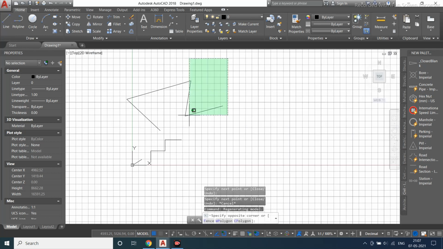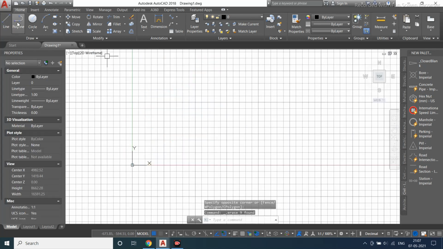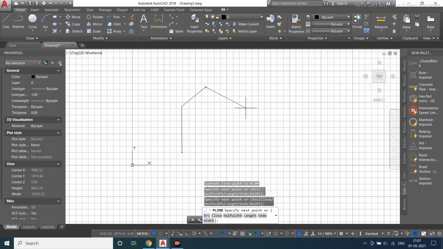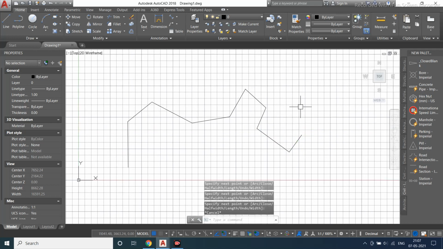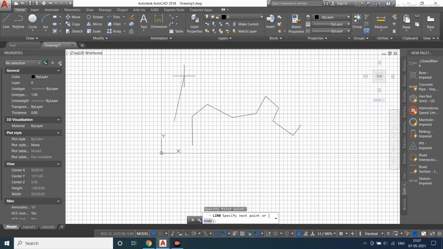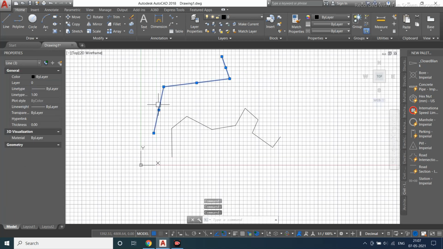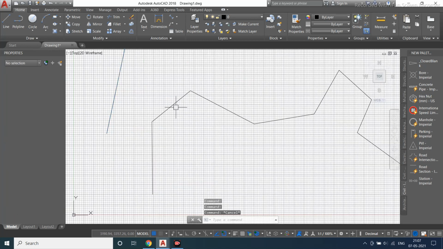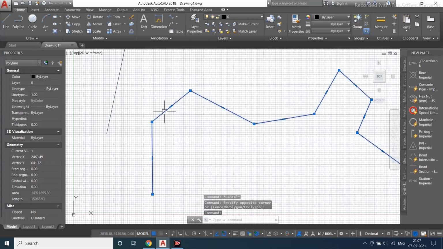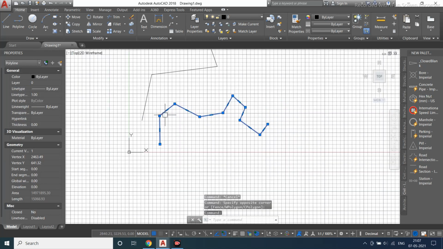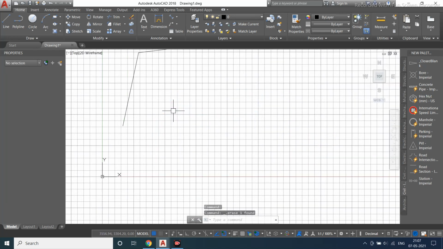So next we are going with the polyline. What is a polyline? It is a continuity line. Just select your polyline, just start drawing. Specify a point, first point, second point. So this is your polyline. When you draw a line, you just click and you end your drawing. But this is a particular segment, it will be divided. But in a polyline, you will be going with a continuity line, that is a continuous line.